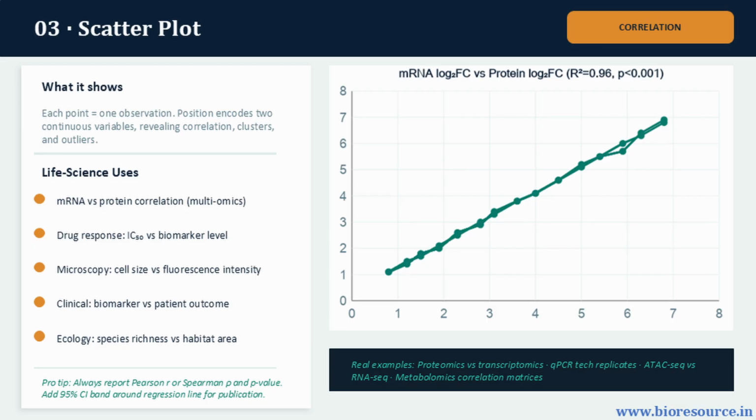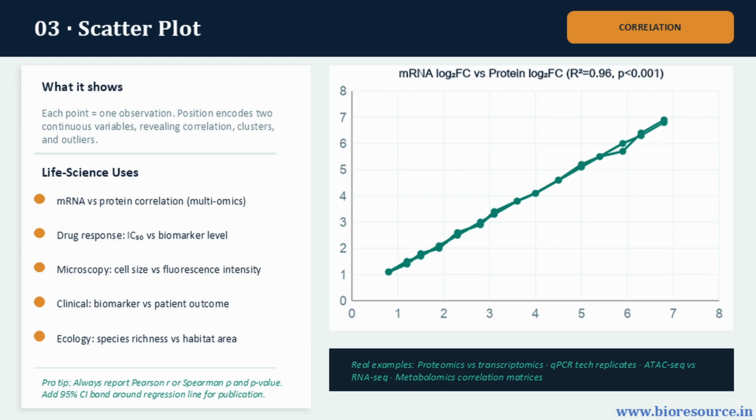Each point represents one observation, and together those points reveal correlations, clusters, and outliers. The important thing is not just whether the trend looks positive or negative. You should report Pearson R or Spearman Rho, include the p-value, and ideally show a confidence band around the regression line. A good scatter plot does not just show two variables move together, it helps you judge how strong and